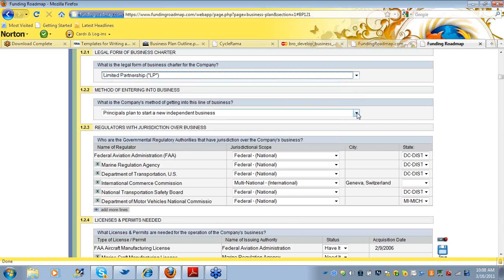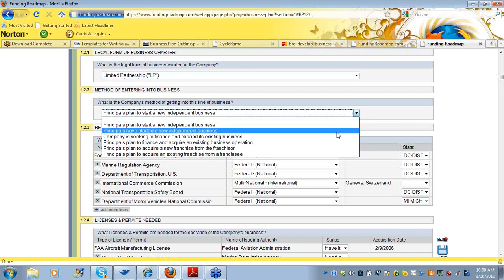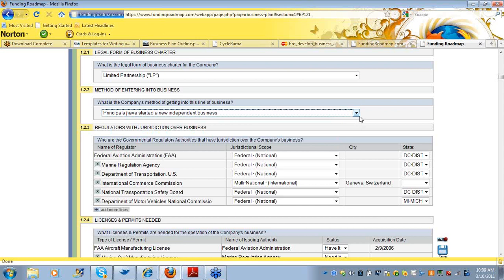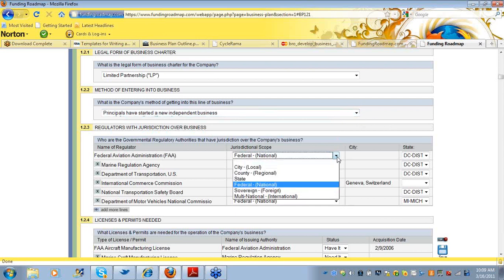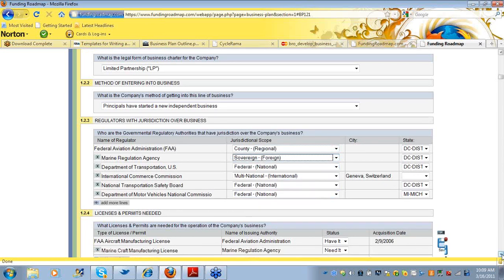Exactly. And we believe if you're going to ask somebody a question, give them the correct answers to choose from. So another real weakness of templates is it's just a bunch of questions. And what we did in the funding roadmap is we built 50% of it. Every generic question has a drop-down menu list, and all you have to do is pick the answer that applies, and it self-populates the field. So it's really much simpler to fill out, and it ensures that at least 50% of it's going to be accurate and correct.